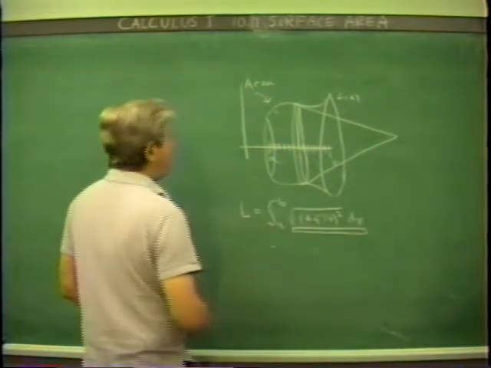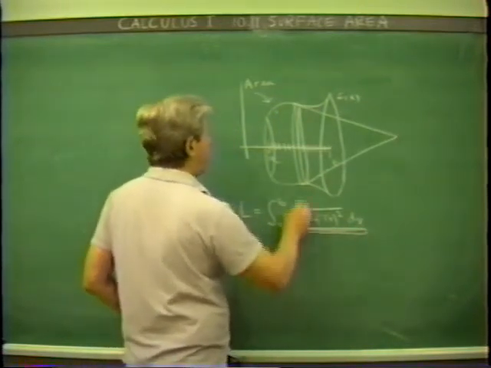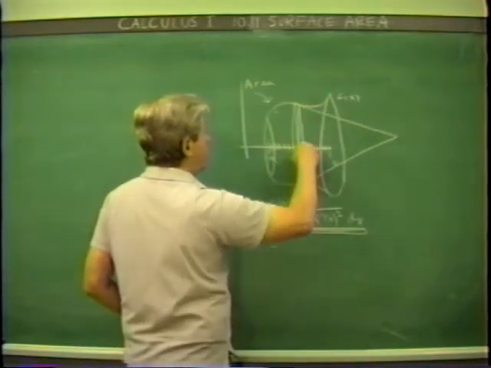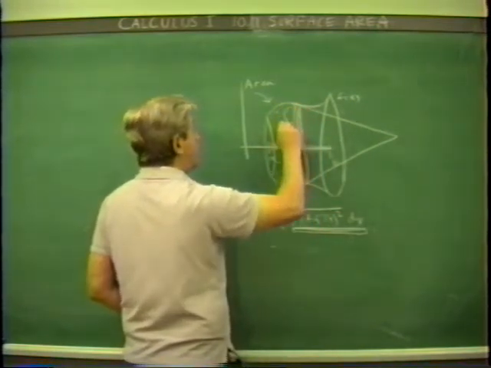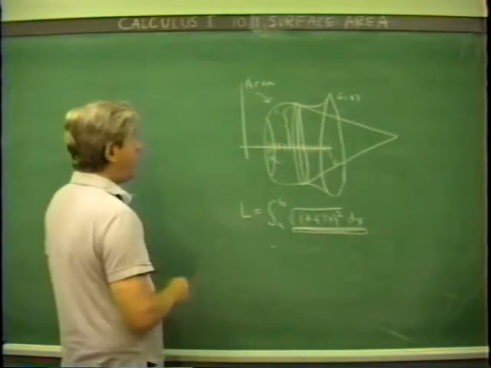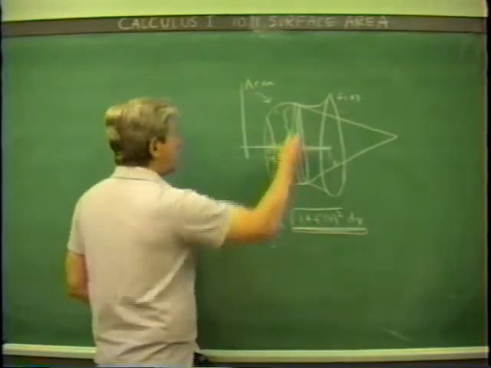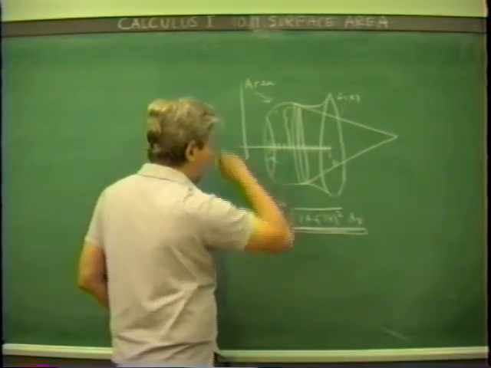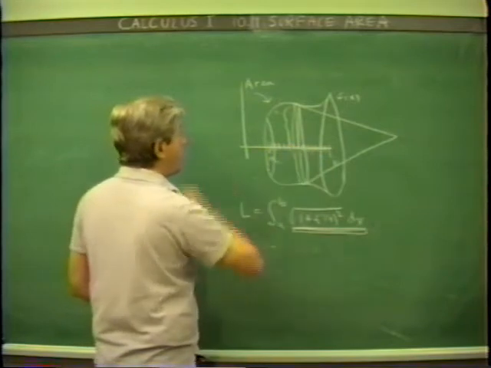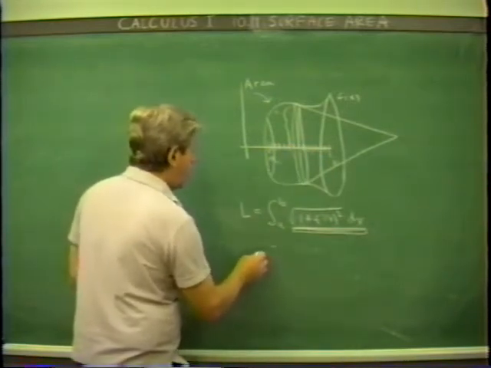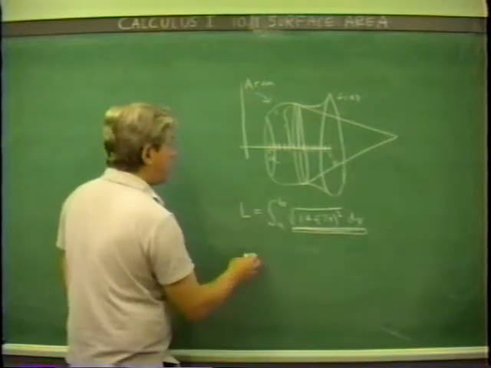In fact, it's exactly what you'd get if you choose the correct point between xi minus 1 and xi. It's what you'd get if you considered this length right here revolved around the x-axis at this radius. That's to say, the approximate area of the surface between xi minus 1 and xi is going to be given by